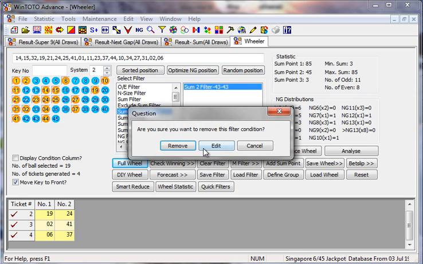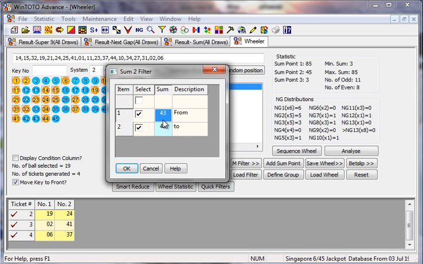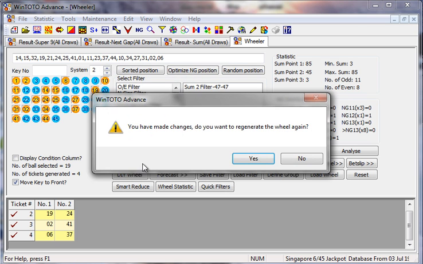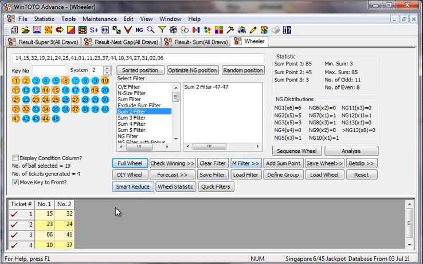Now you can also edit it again. This time you put it to 47 to 47. Then you can see for yourself that altogether there are 4 sets here: 15 and 32, 23 and 24, 6 and 41, then 10 and 37. Two numbers added together make sum 47. So here is another 4 sets of numbers. You can key in all these numbers to be used as key numbers for your 19 numbers. But alternatively, you can add on.